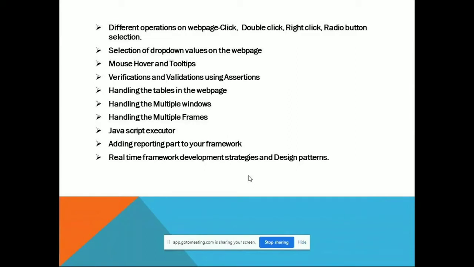So these are all the things we are going to discuss. And whenever you are developing a framework, all the real-time strategies we are going to use, those things we will discuss in the design patterns. So these are all the concepts we are going to discuss in our course.